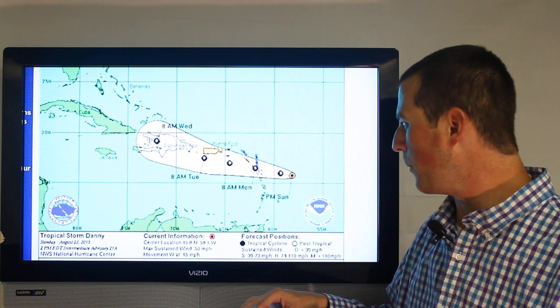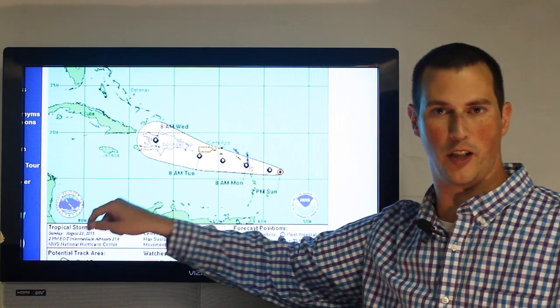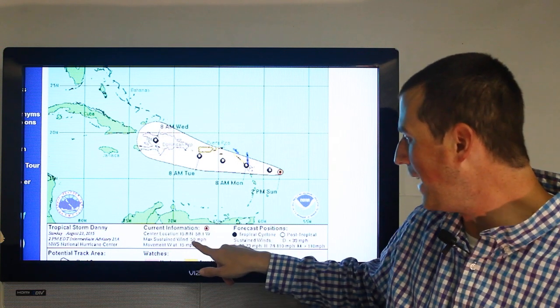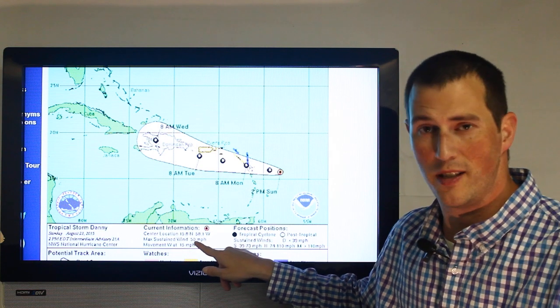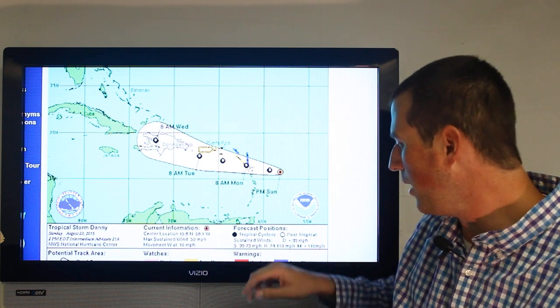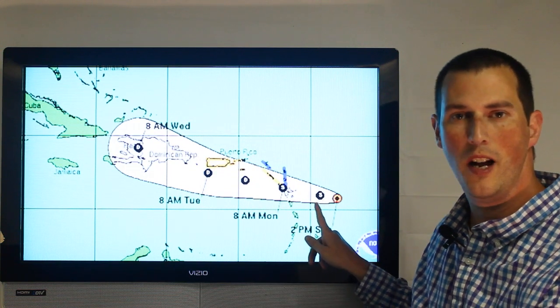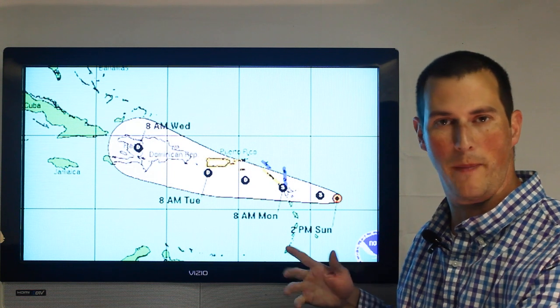Starting out with Tropical Storm Danny. As of the 2 p.m. Eastern Daylight Time advisory released a few minutes ago from the National Hurricane Center, Danny is moving towards the west at 15 miles per hour. Maximum sustained winds are at 50 miles per hour. And the official forecast from the National Hurricane Center calls for Danny to weaken further into about a 40-mile-per-hour tropical